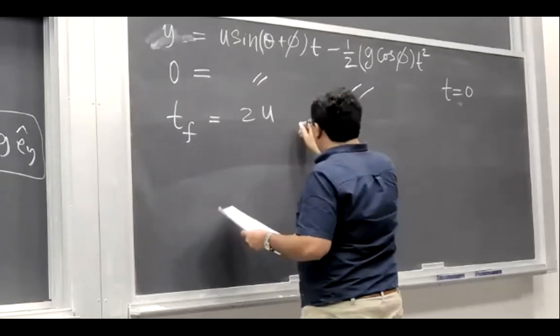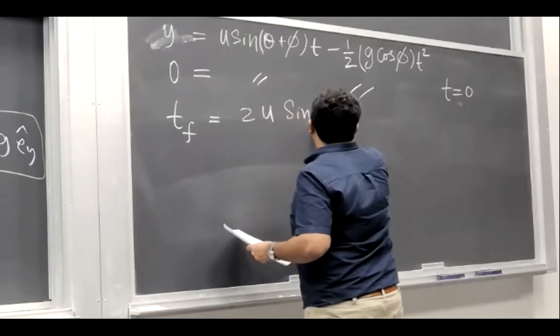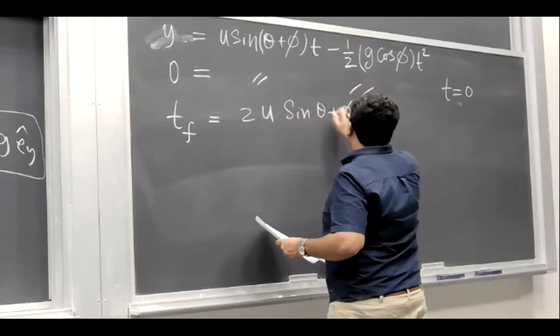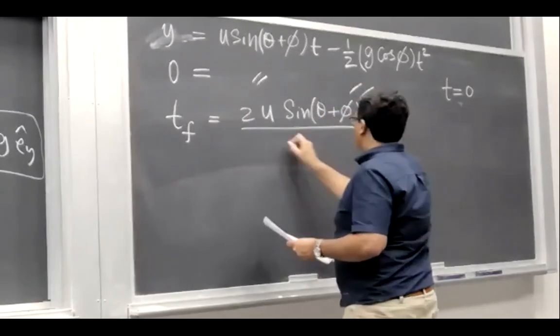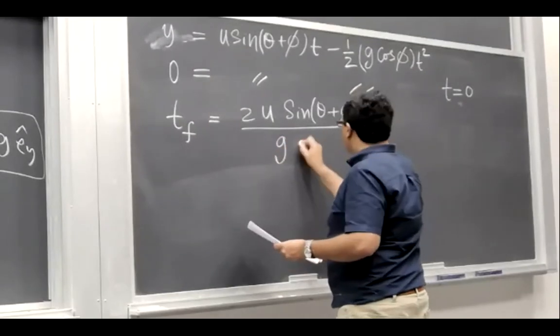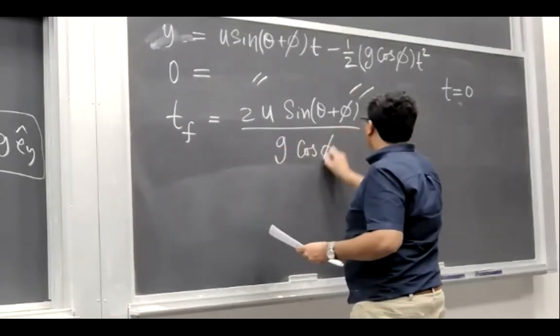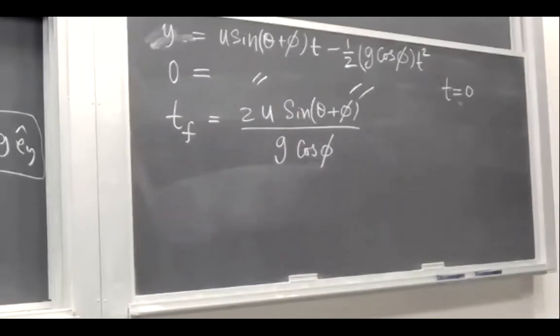2u sin theta plus phi over g cosine phi। ठीक है,